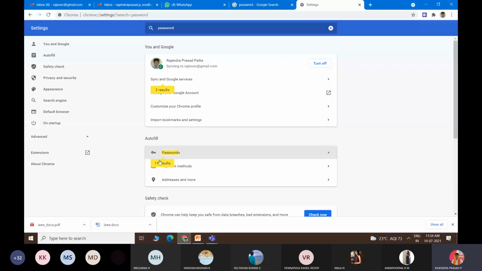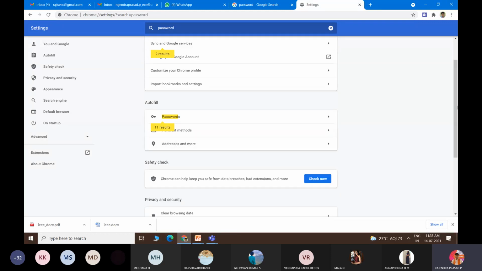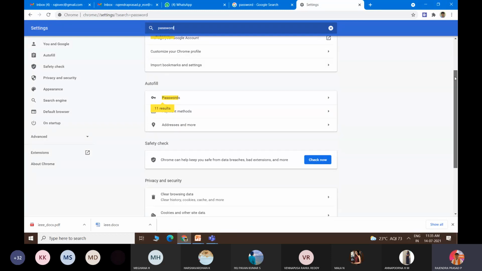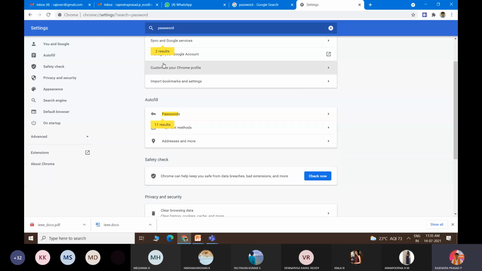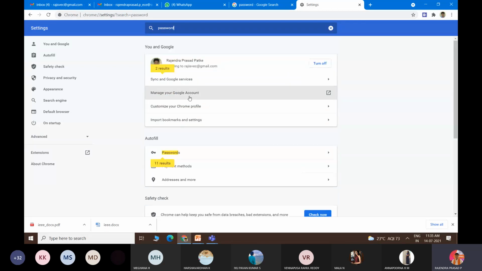So which are the autofill, everything we can observe here, privacy and security things, right? So I am enabling this one. So synchronizing with the service, managing your Google account, importing bookmarks, everything. Now the password, if I just click on this, every piece of information you can see.